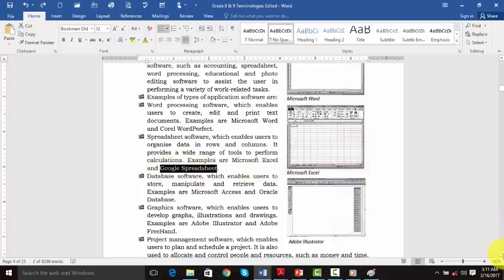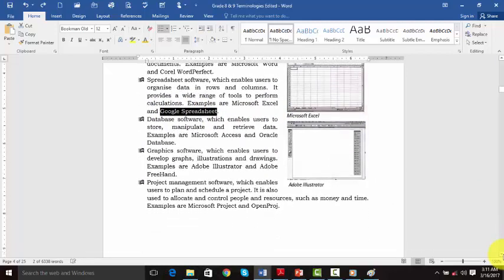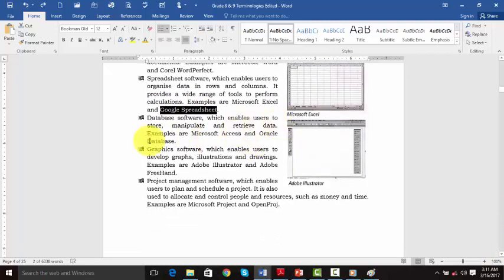Then we also look at database software, which enables users to store, manipulate and retrieve data. We now understand what the word data means. Examples of this software are Microsoft Access and Oracle database.